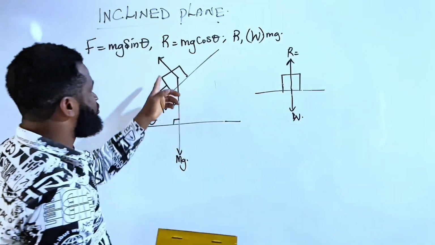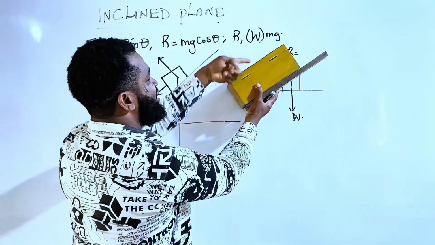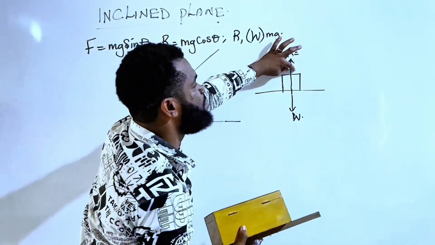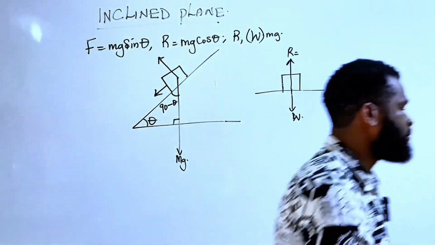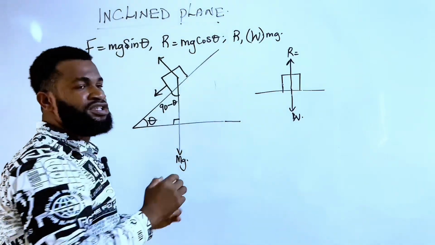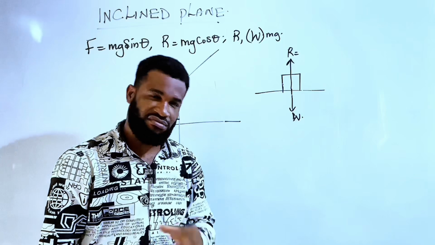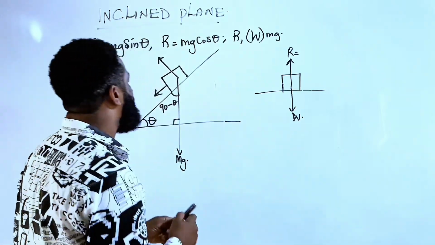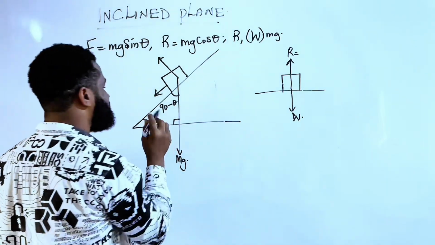The same thing is going to happen to the inclined plane, to the normal reaction. This normal reaction is also going to incline at this point. So it's still going to be my vertical component. Now, I have this as vertical. Now, when I resolve this to the horizontal, I'm going to have mg